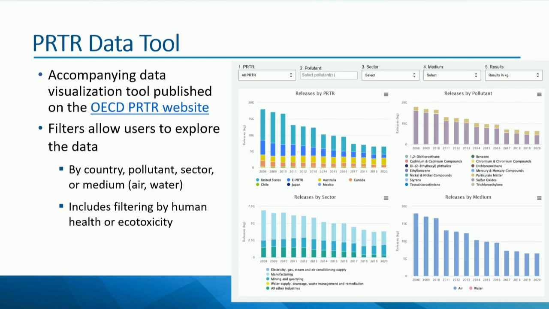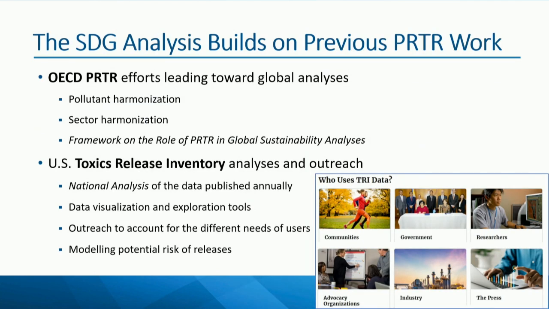The data on the visualization tool now go up through 2020, and we are working on adding 2021 and 2022, as well as adding 12 additional pollutants and data from the UK for 2021 and 2022 as a standalone PRTR system. This data visualization tool is something that we also hope to continue developing and expanding as discussion around PRTR's utility in the global framework on chemicals and other